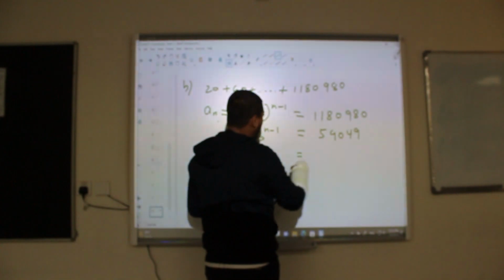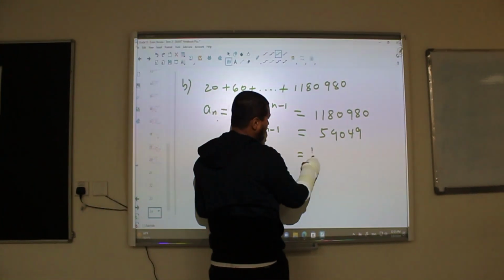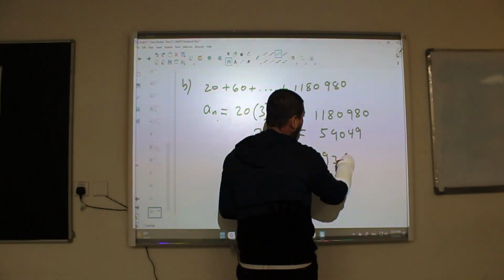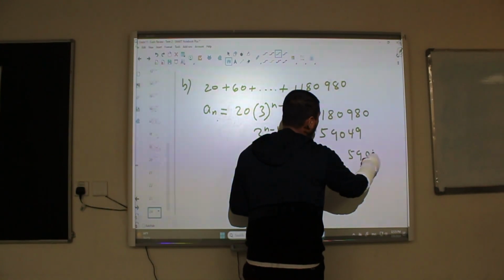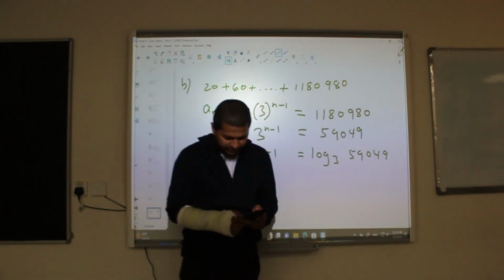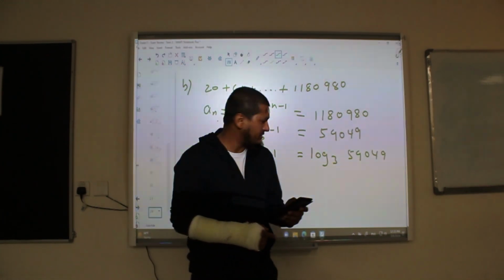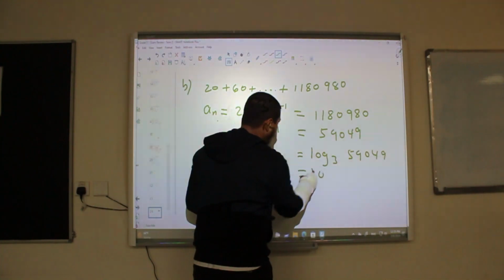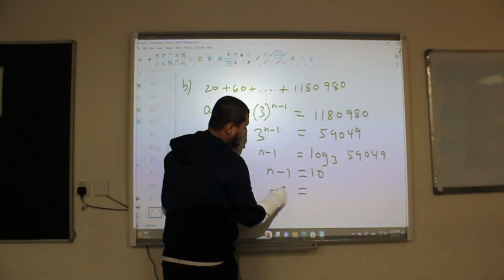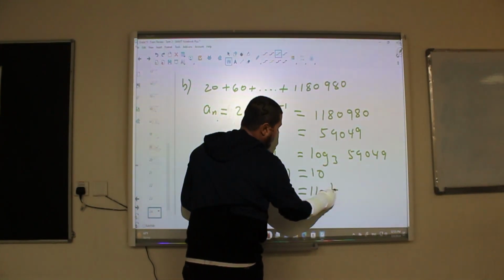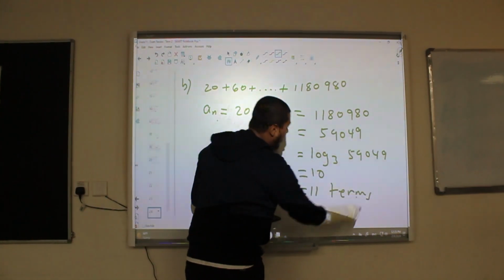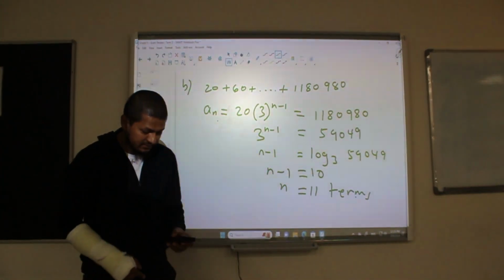Now I need to take log, so n minus 1 equals log of 59049 base 3. I'm getting an answer of 10. So n minus 1 equals 10, so we have 11 terms in this series. Next one,